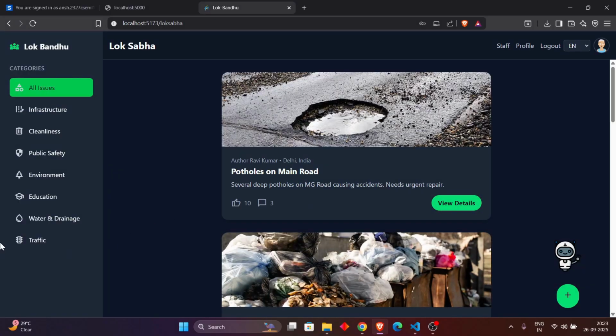Hello everyone, this is our prototype. Here, this is the feed section, which is like any other social media platform where issues being posted by people appear. The priority depends upon public safety and the number of votes given by the people. This is the AI chatbot which will help us register our complaint.